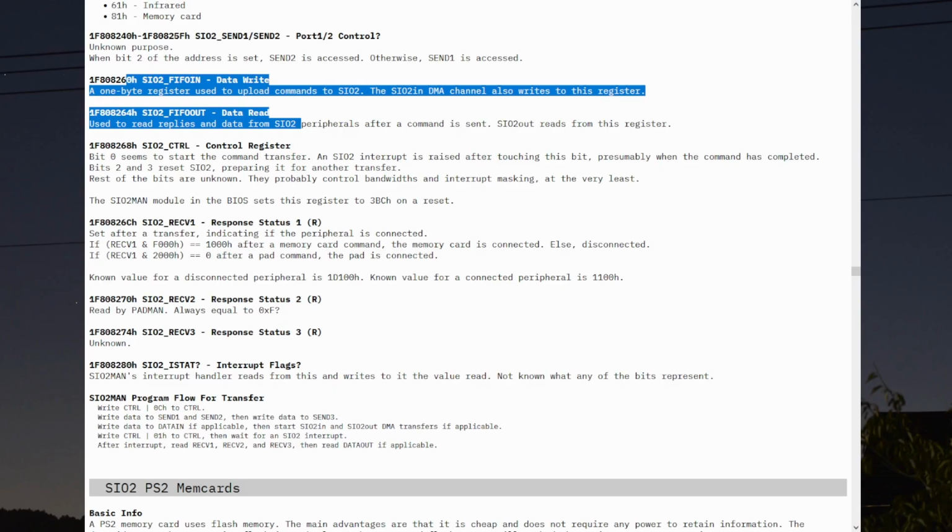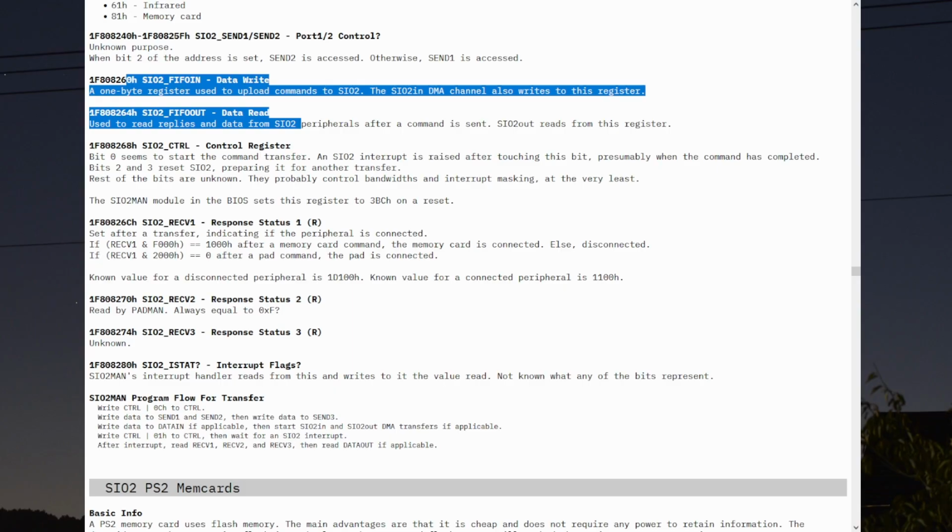I've not tried it, but I assume that if you set multiple commands in the send3 register, then you just write in the multiple command packets in a row into the FIFO in, and it will cut up that list of bytes based on the command lengths you put in the send3. So this would let you queue up a bunch of commands, send it off to the ports, then go off, do something else, and come back when the interrupt fires, which I assume will be once all of the commands